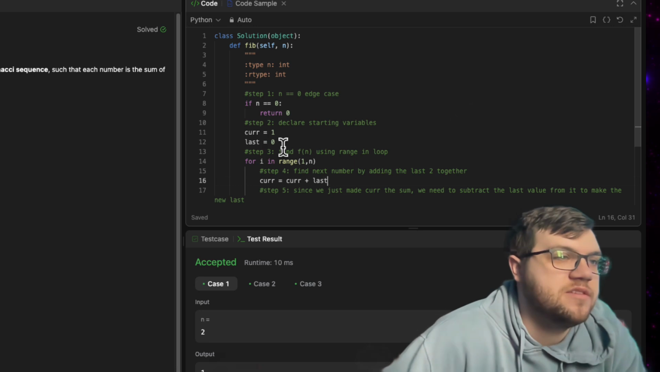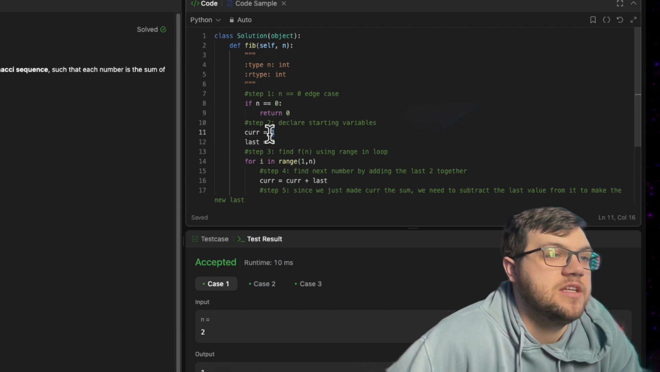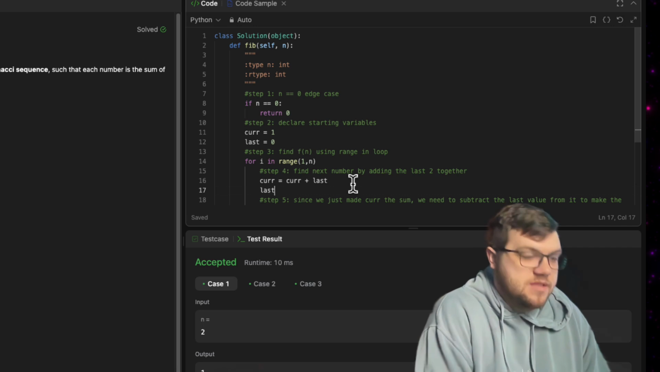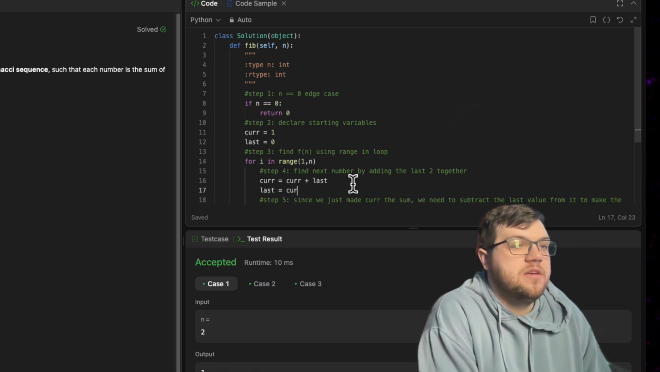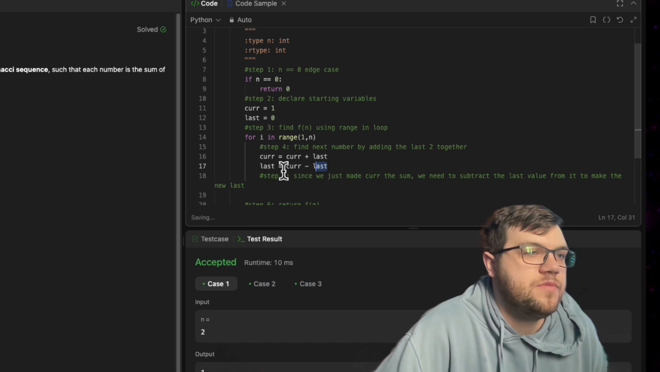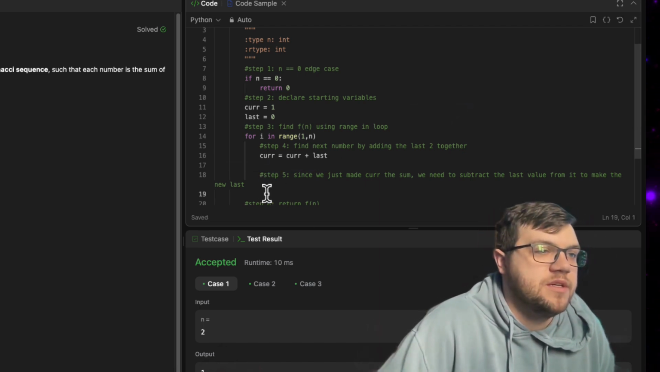So if you think about it, if we're trying to find the second number, we're adding the first number in the sequence to the 0, so together they would be 1, so 1 equals 1 plus 0. But we also have this last, so we can say last equals cur minus last. And the reason I do this, oh, I guess I have it down here, but the reason I do this is because